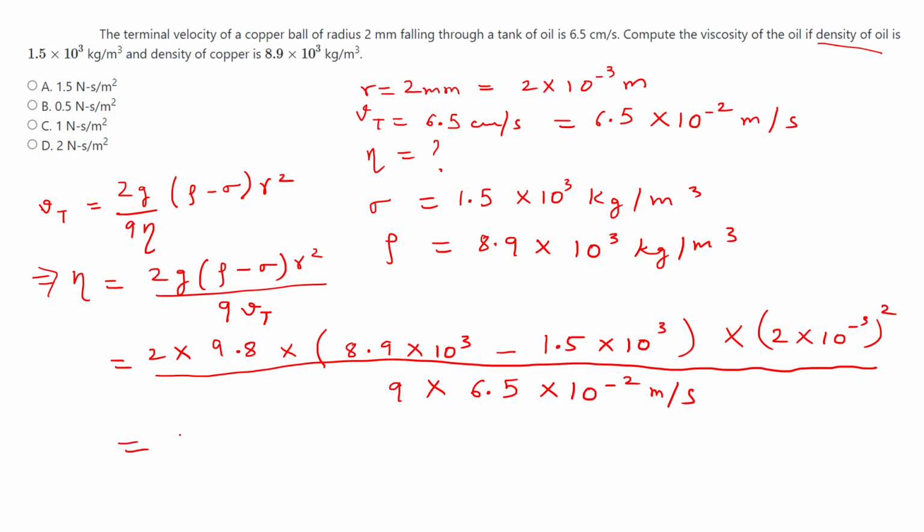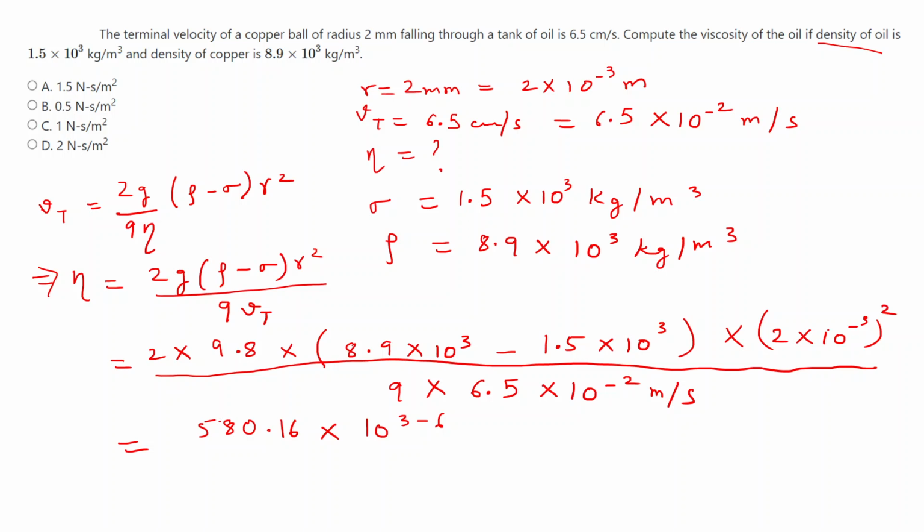So the final expression will be 8.9 minus 1.5, which will be 7.4. 4 times 2 times 9.8. 8.9 minus 1.5 is 7.4, times 2 times 9.8, times 4.5, which gives 580.16, and these will be 10 to the power 3